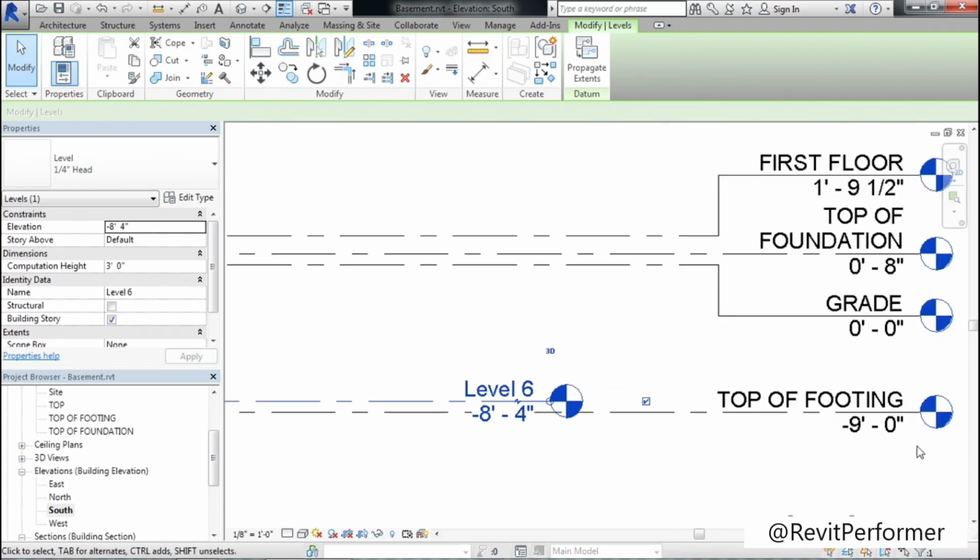Then zoom in onto where the actual level head is located, which has the text that names the level. Make sure that it states -8 foot 4 inches, because that is